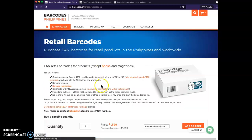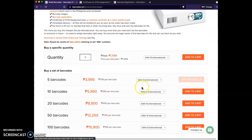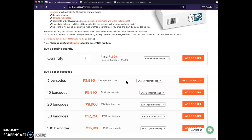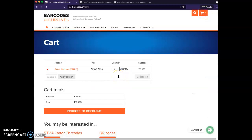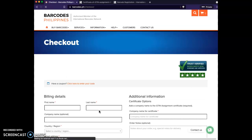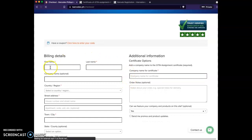But if we go back to our retail barcode, I will just simulate a purchase. Let's add 5 barcodes to our cart. We're going to go and view our cart. So you can see by buying 5 instead of 1, the per barcode price has gone down from 1,599 to 799 each. And that's a one-off cost. You never have to pay anything above that. Now we're on a checkout screen. You just enter your billing details,